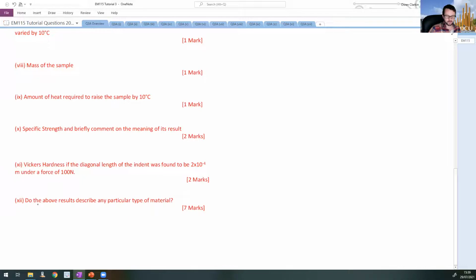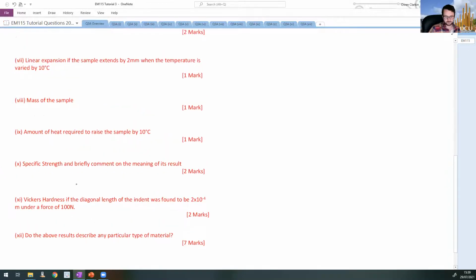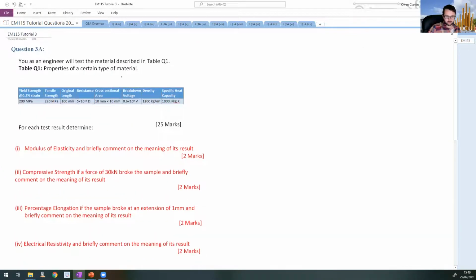And then finally, you're asked, do the above results describe any particular type of material? So you're trying to gather all the data that you calculated before and try to decide what kind of material that might be. Now, sometimes these questions relate to an actual material, and sometimes they don't relate to any specific material. So what you have to do in that case is just discuss what would indicate it to be a particular material and what would indicate against it. Okay, so we'll start